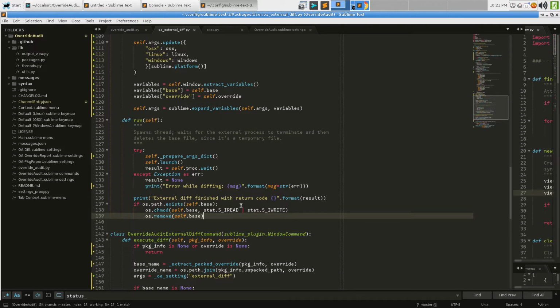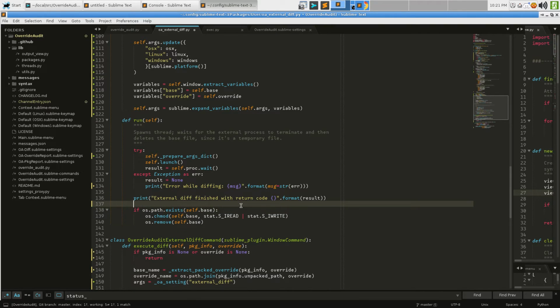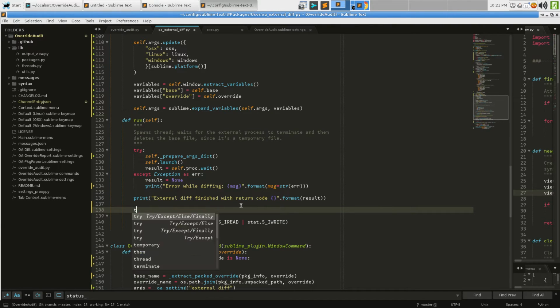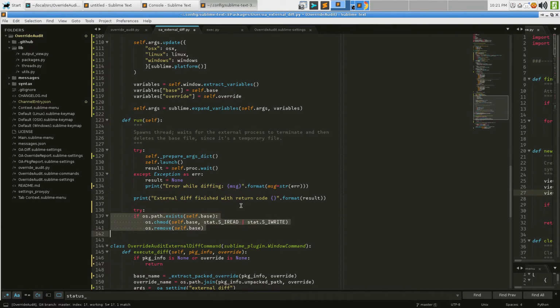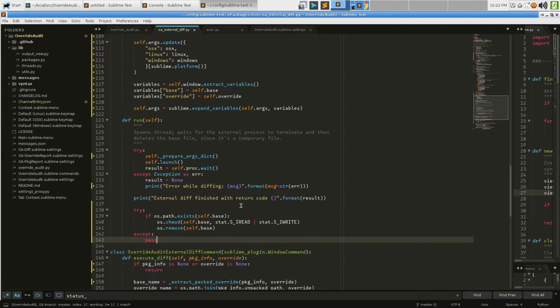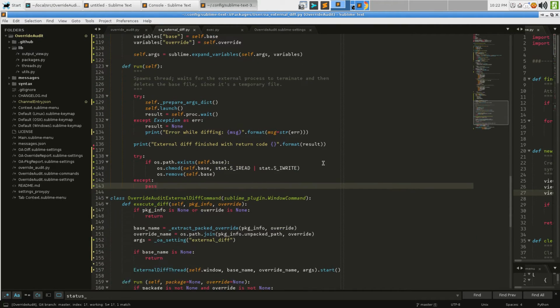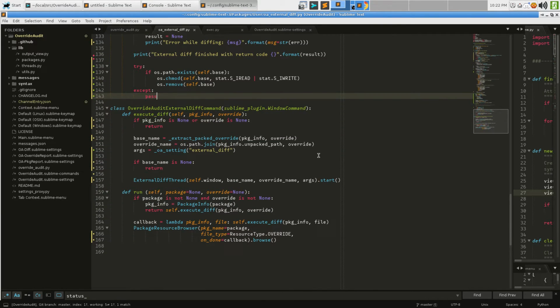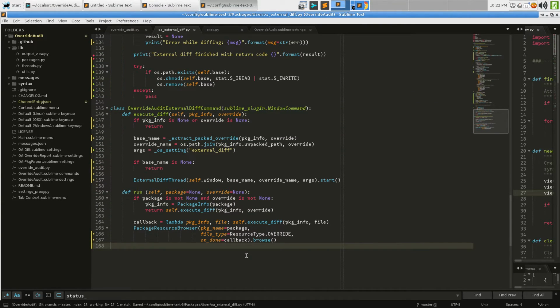this part really seems like it should be in a try. Yeah, so I'm gonna do a try. Just try to do that, and if it doesn't work, don't sweat it. If something happened that we can't erase the file, it is in the temporary directory. We're doing our best. We don't want to harass people to say, hey, we created an empty file and it didn't work. So that is more or less our diff functionality for external diffing,